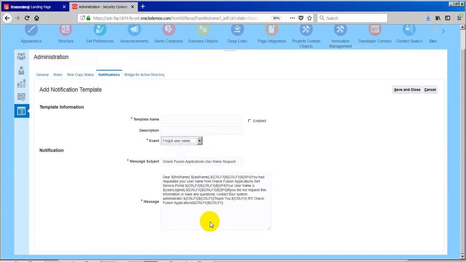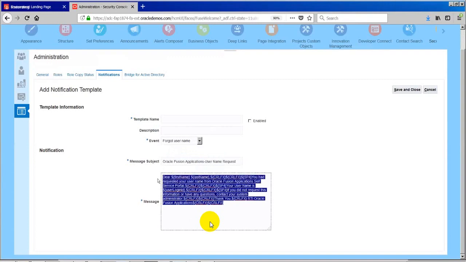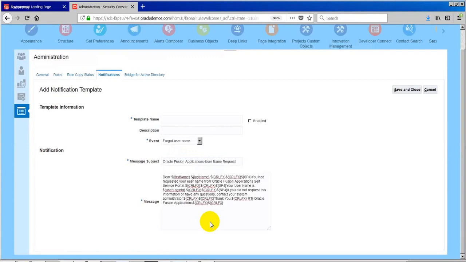By default, we give the predefined information that Oracle is giving, and within those events only, within those templates only, you can customize it. We cannot create another one. Can't we create custom events here? No, we cannot in the SaaS model.